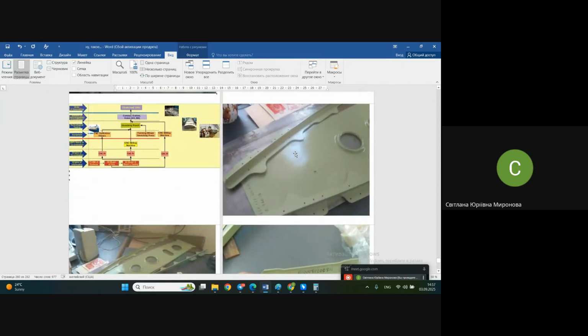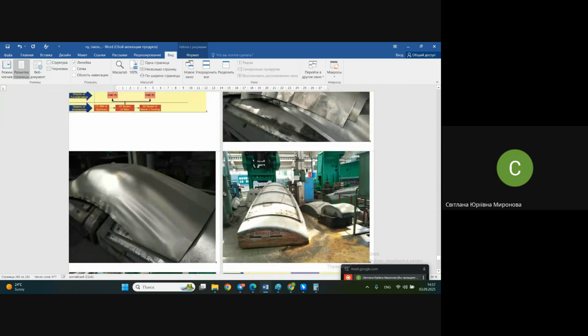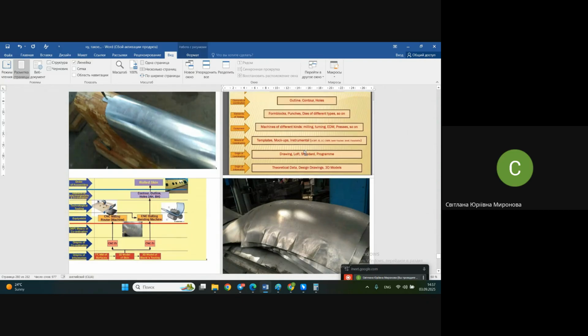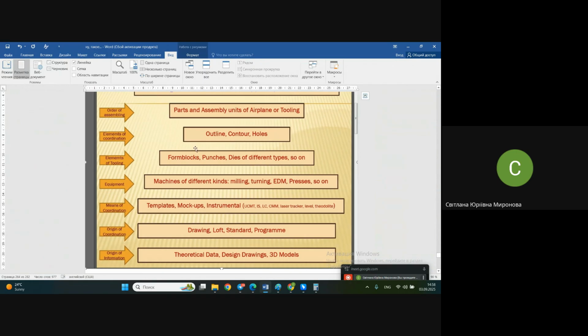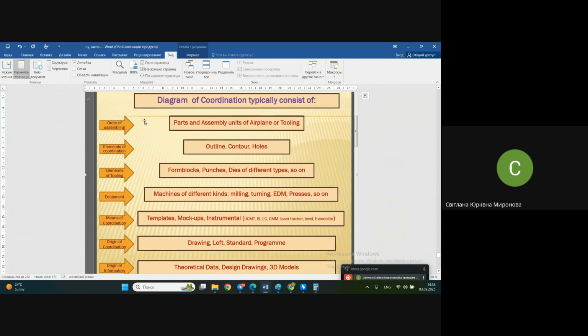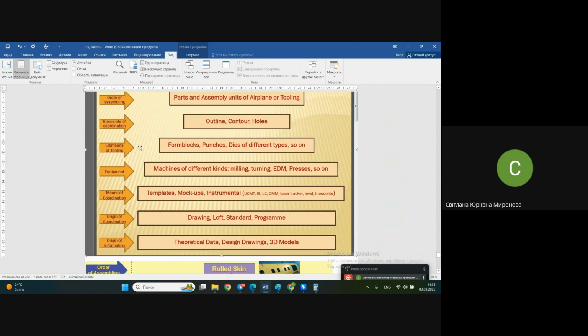Those levels are, look, you see now, at the top we have the assembly units, parts, whatsoever, objects of our manufacturing, and here it's about their geometrical parameters of interchangeability and coordination. And if we draw a thick line somewhere between the third and fourth levels,